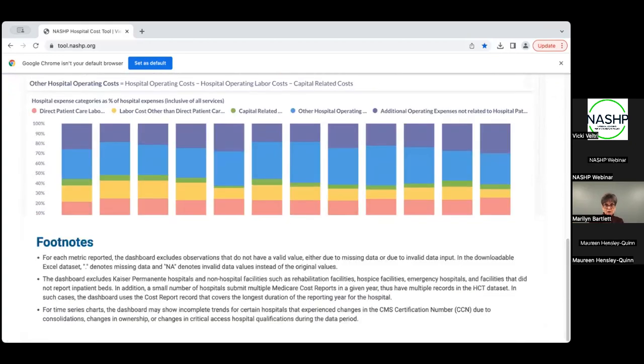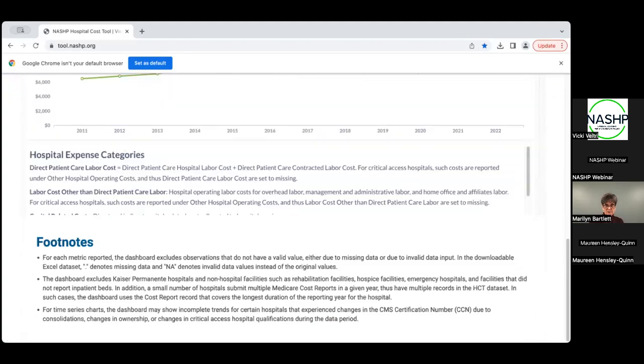We've got two new charts that I wanted to show you. I'm going to start with,